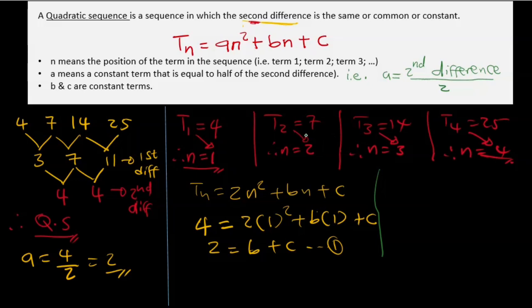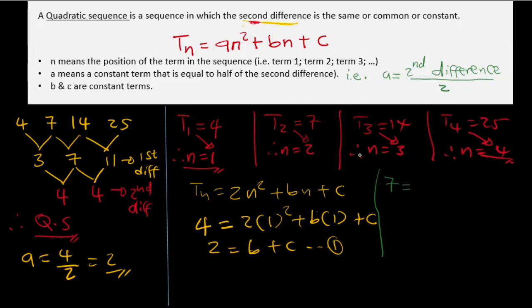Now, I'm going to do the same with the second part. I can choose any, but I'm just going to choose this one because this number is easy to work with. It's a small number. So this is 14, this is 7. But you can actually choose any number. And so if T2 equals 7,